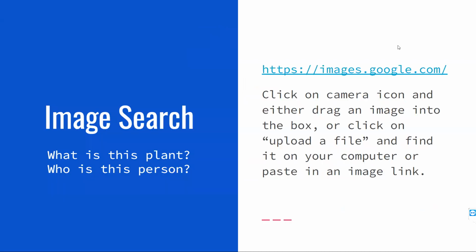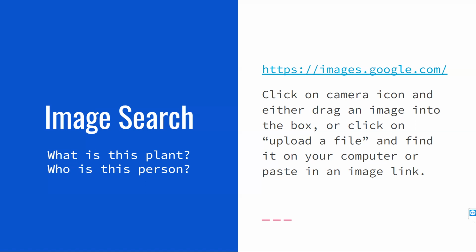Okay. So Tim's going to take us on an image search. Yep. So oftentimes image searching is very useful. One of the fun things to do if you are far younger than me and you are dating online is to double check that the person is who they say they are. You can take a profile picture of someone from a dating site, put it into Google search and make sure it's not taken from a celebrity. So you can match names that way.